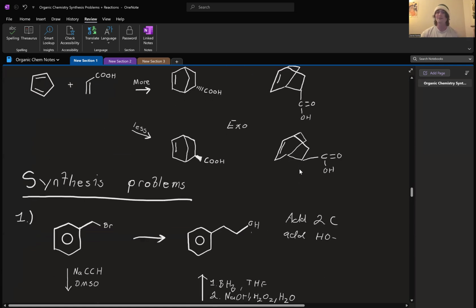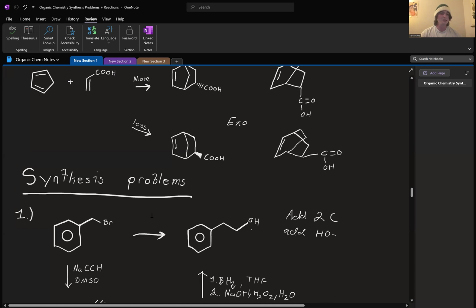So the way I like to do synthesis is all about reverse engineering. You look at your starting product, you look at your final product, and you've got to see what bonds break, what bonds form, what things are added, and the process of how to add those specific groups or specific bonds. So, for example, this is a very easy synthesis problem. You would probably see something like this on the test,